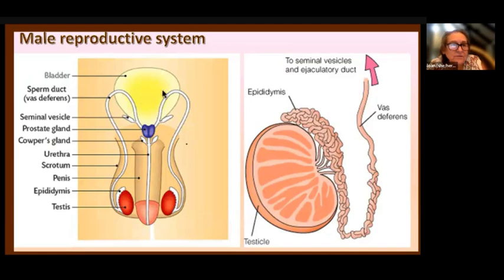Here's another vision of it. Of course, again, unlike the female system, which we've already talked about, the bladder and the urine go through the very same tube that the sperm and semen come through. Again, here you have your testes right here. This little bluish purple thing is the prostate. The prostate